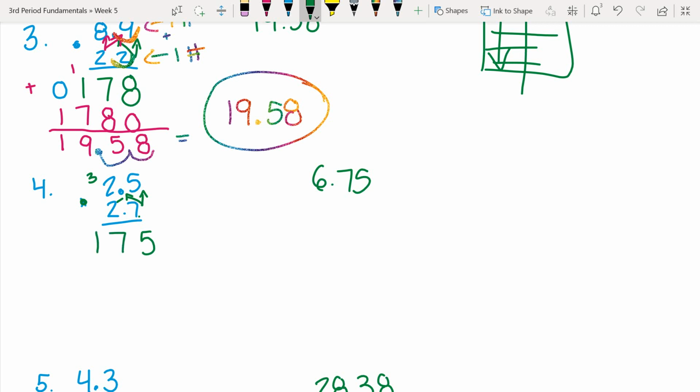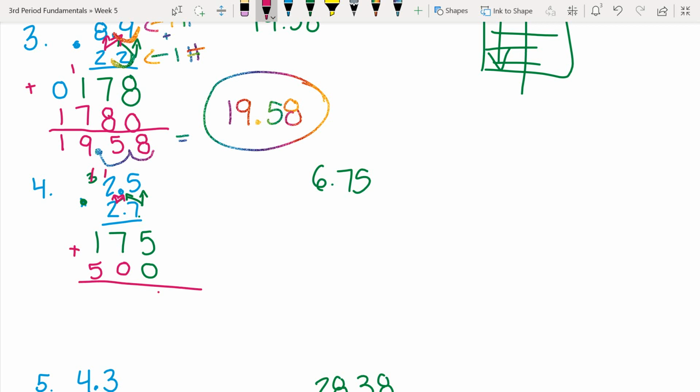When I move on to the second digit, I need a placeholder, so I'm going to draw that in. And on the second digit, we go diagonal first, and then we go straight up. So I do 2 times 5. 2 times 5 is 10. So I put my 0 down, carry my 1. 2 times 2 is 4, plus 1 is 5. And then we just add. So I have